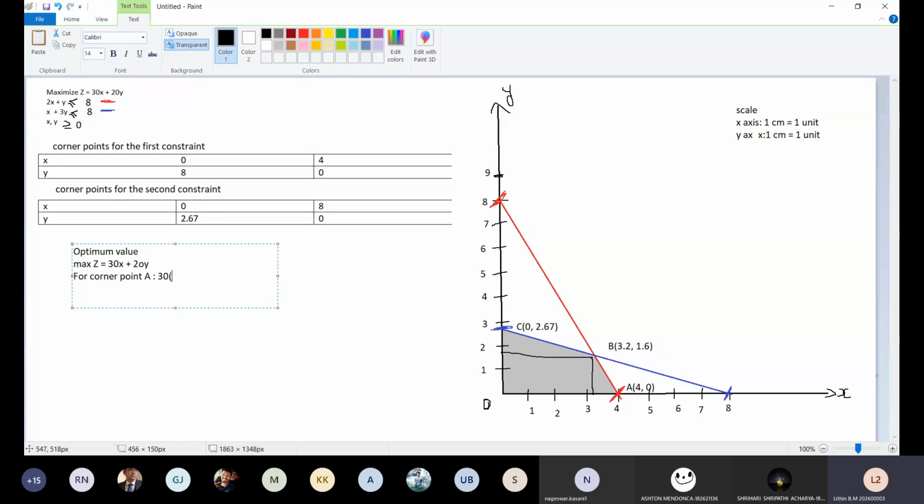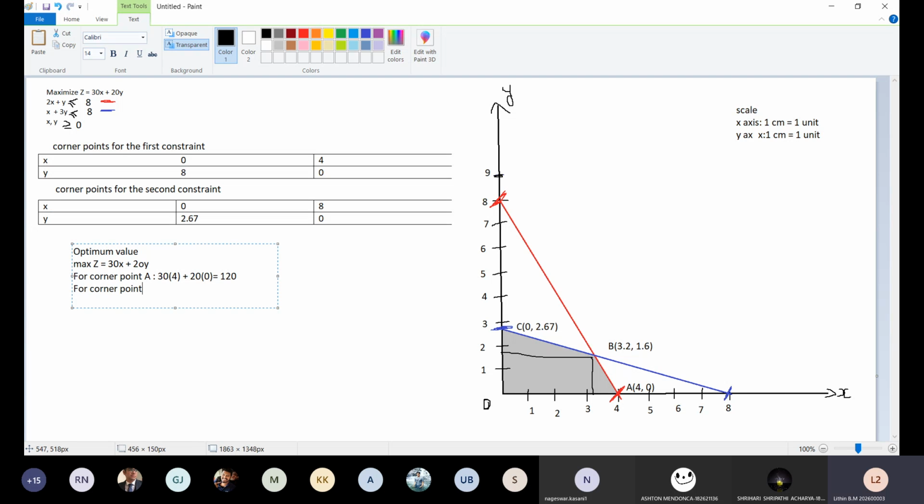Still we have to go a long way. What is x? 4. Yes. So what is y? 20 into 0, so y is 0. So that equals 120. Then for corner point